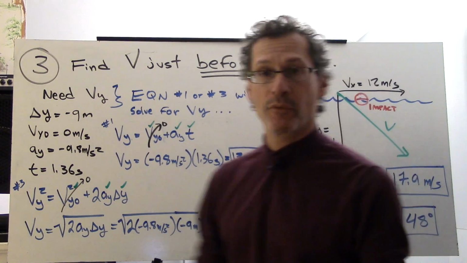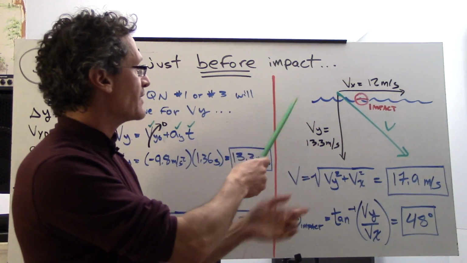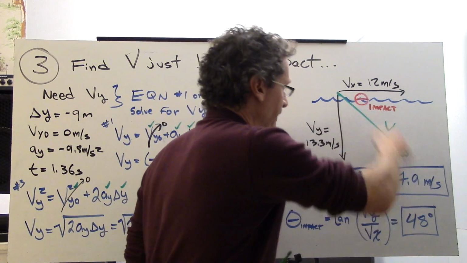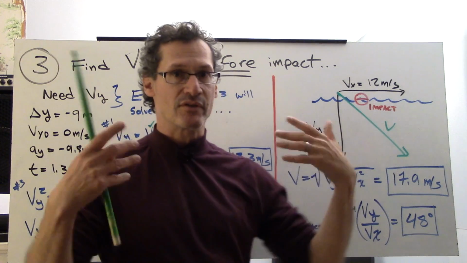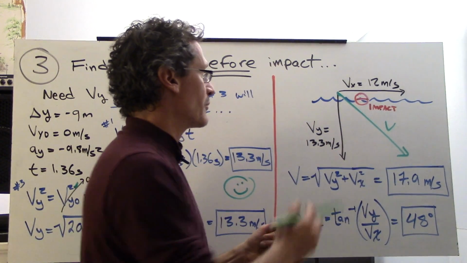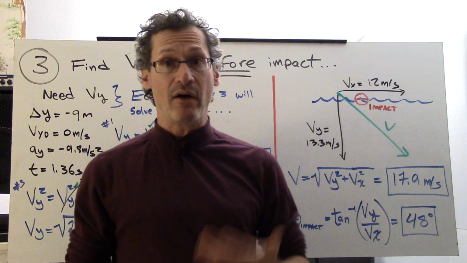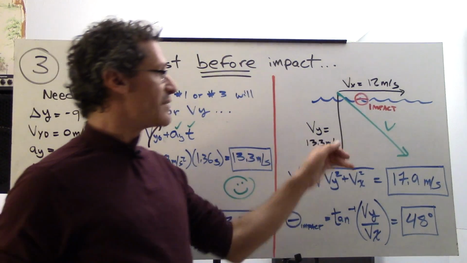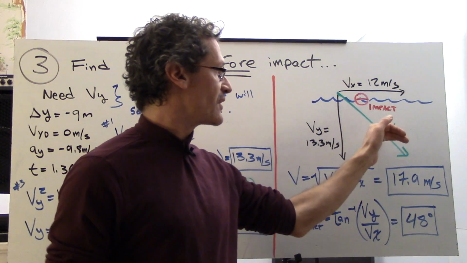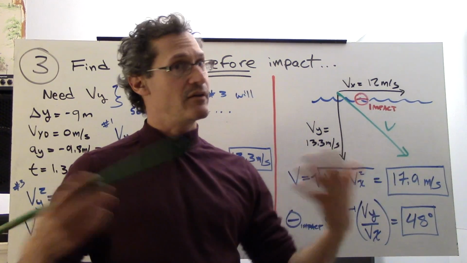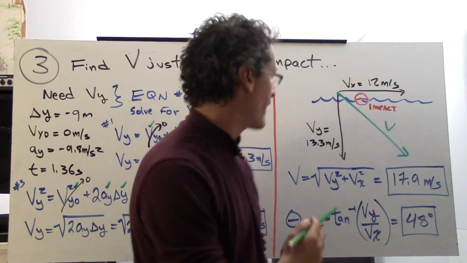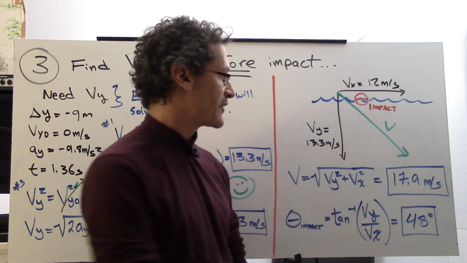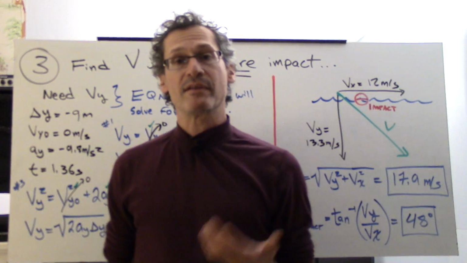Happy, happy. Here's what we've got to do to find the final velocity. Here's a picture of it just before impact. We want to find the green vector v, which is the total resulting velocity. Remember, this thing is traveling horizontally as well at 12 meters per second, and it's traveling downward at 13.3 meters per second. We have to find what this is, and basically this becomes a right triangle, so the trig comes back, and we use the Pythagorean theorem here. V equals the square root of Vy squared plus Vx squared,